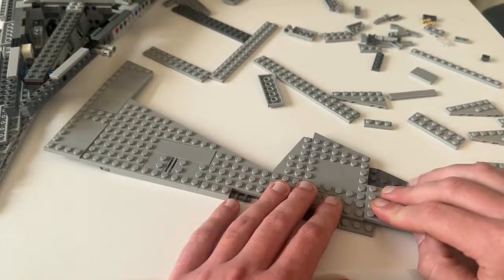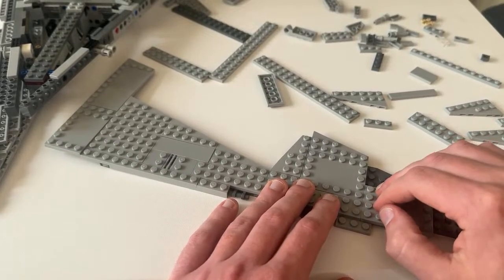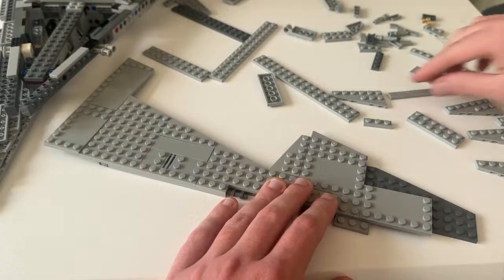Alrighty, we're gonna get back to this piece here. That will go there, and then...